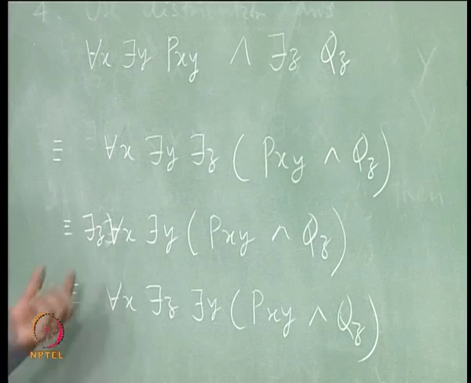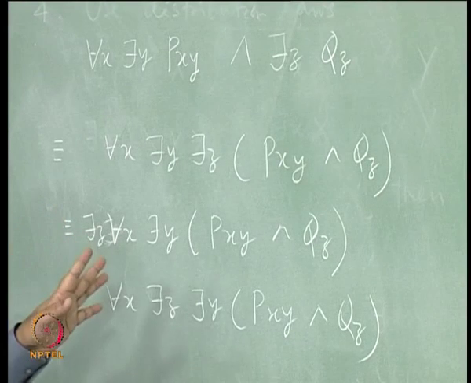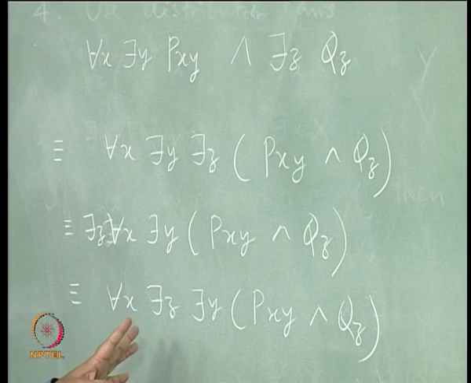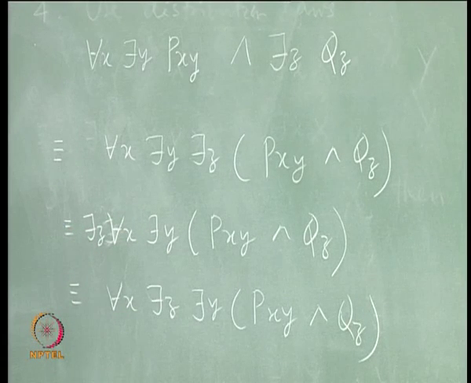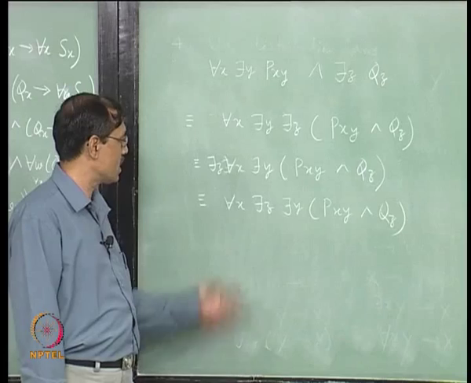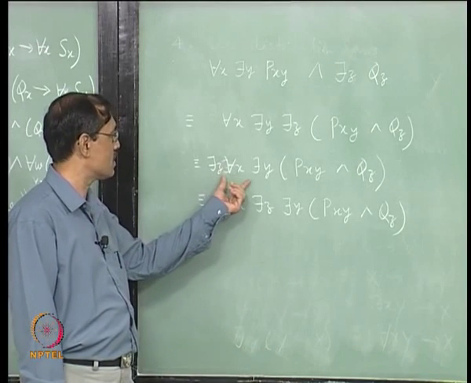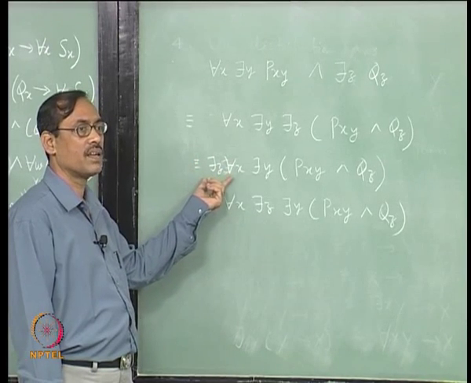right. But for each x there is y will be together in that order, not necessarily together, there is z can come in between, that ordering is important. You cannot write there is y for each x, right, that will never happen. First for each x will come, next there is y will come in some order, but it does not matter for z. Now, can you read this? What does it say? So, there is z has come to the beginning. What does it say?